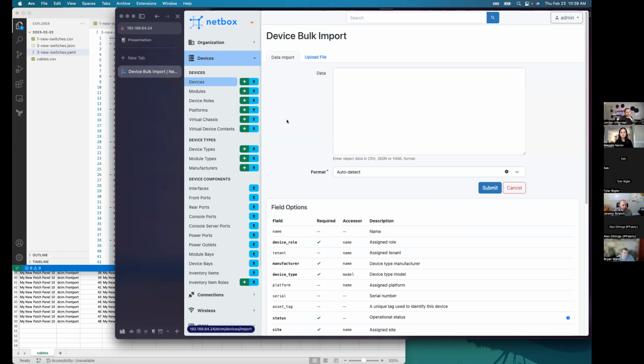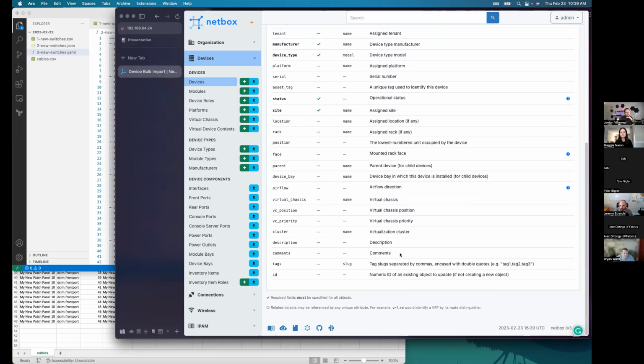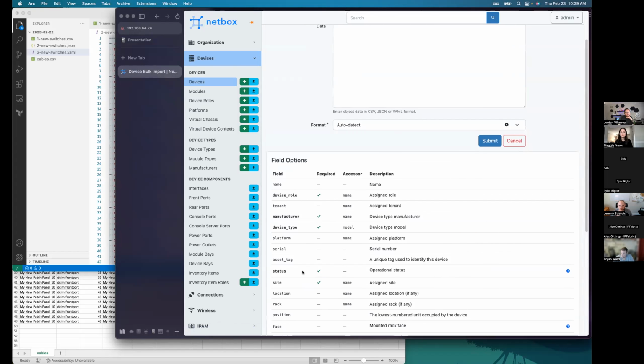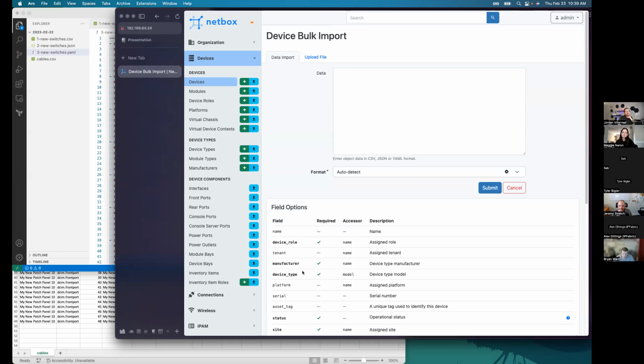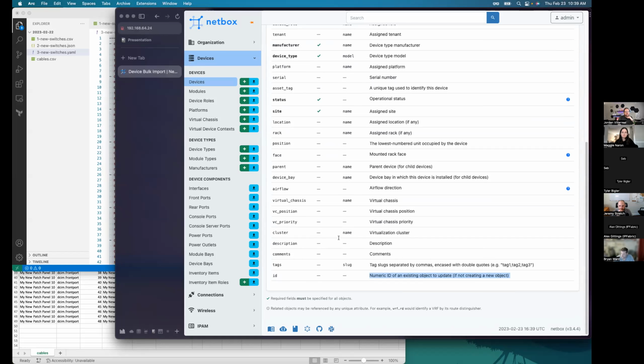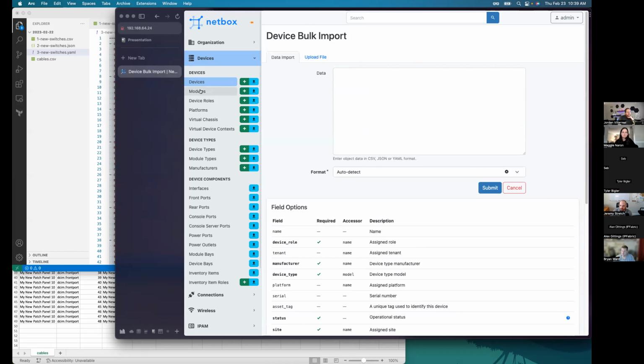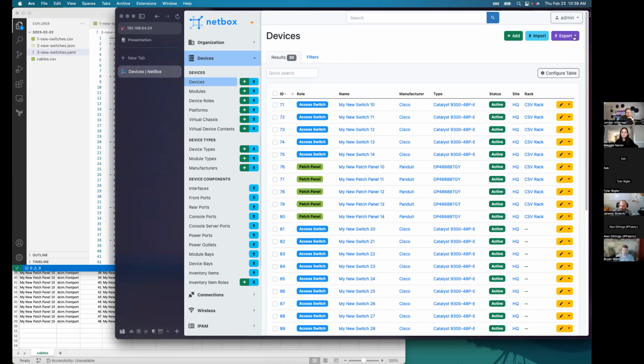If I jump back over here into the bulk import, there's this option down here that lets you import an ID as part of this bulk action. But the interesting part about that is, okay, when you create a new device, that ID is generated on the fly. So the new feature here is it will actually update the existing object if an ID exists already alongside it. So if I went back over into devices and just did an export of everything,